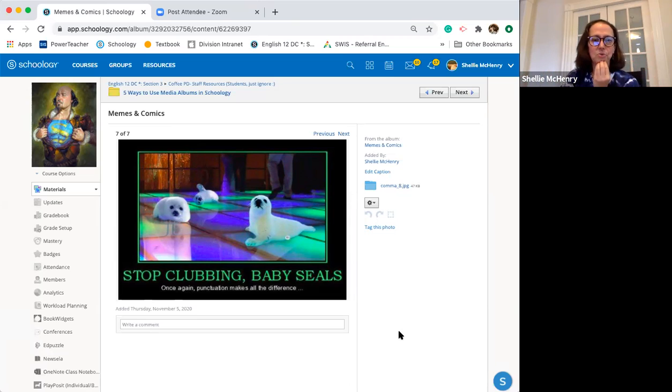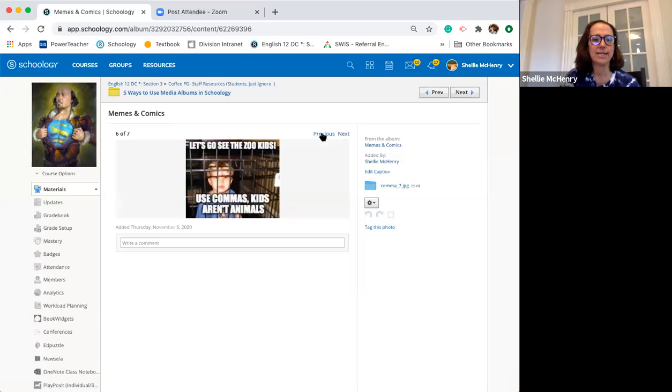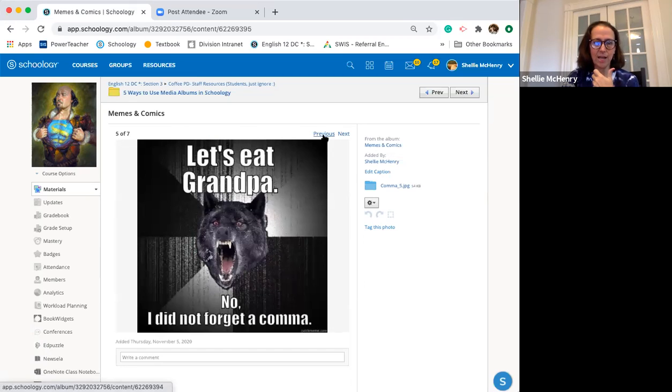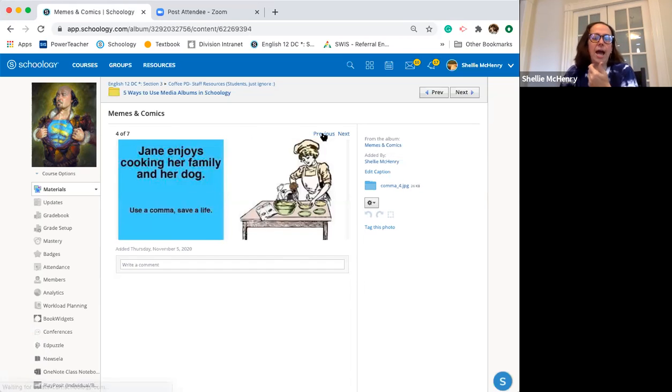So in this one that I threw together, this one I actually may use in my class because commas are hard. And so I found a meme that breaks each rule of comma usage. And so the students would click through and then explain the commas, how is it misused? How does it change the meaning of it? How would we